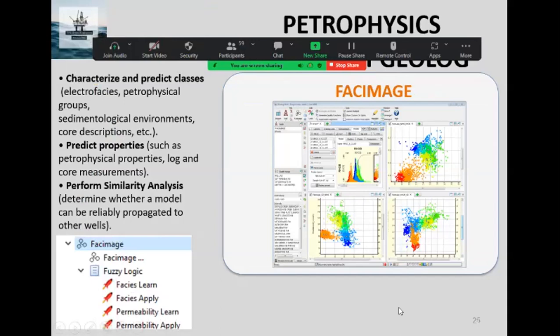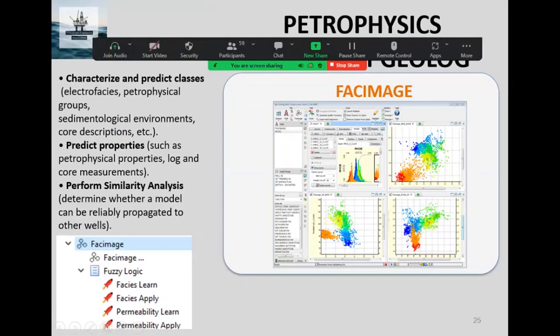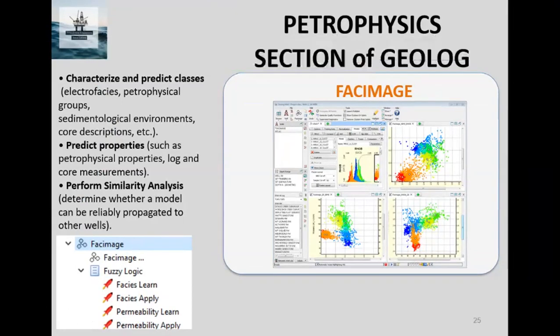FastImage is a module for interpreting log databases based on statistical and neural network modeling methodologies to characterize and predict classes, predict properties, and perform similarity analysis. This is a very, very important module of Geolog. It helps you as a petrophysicist to predict logs.